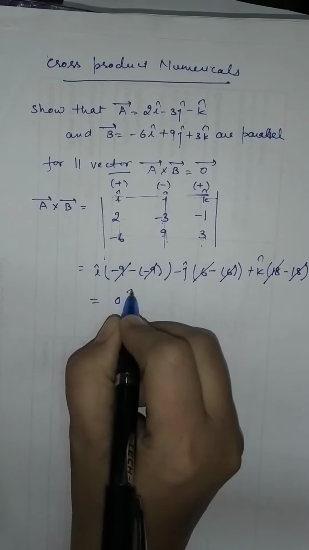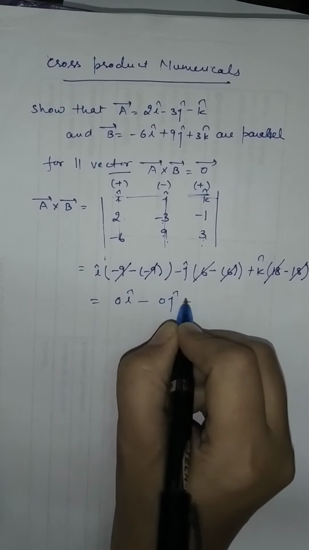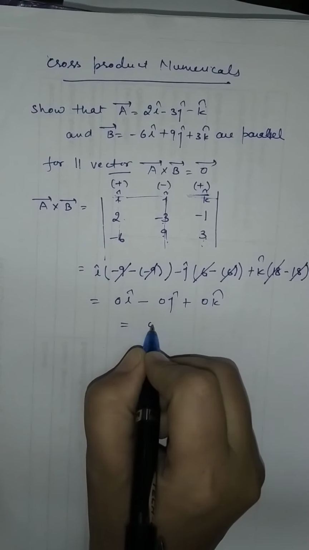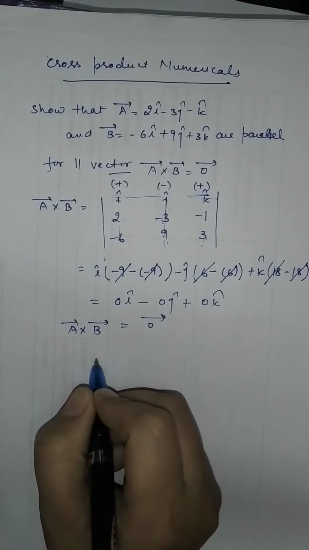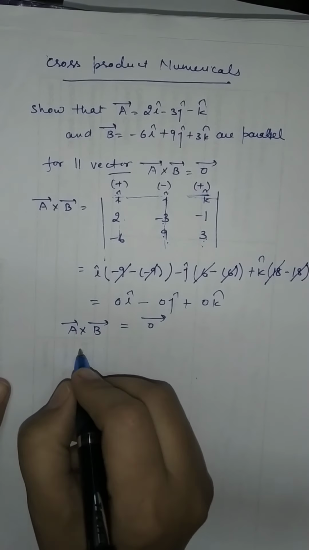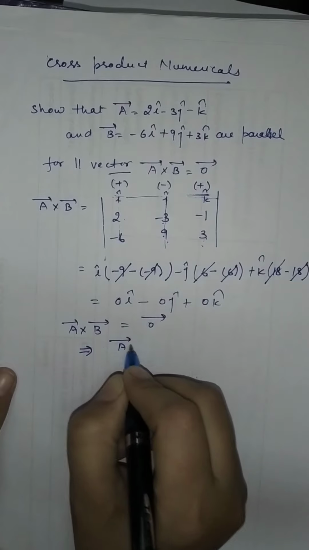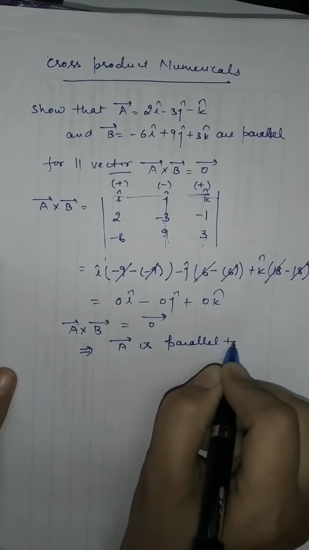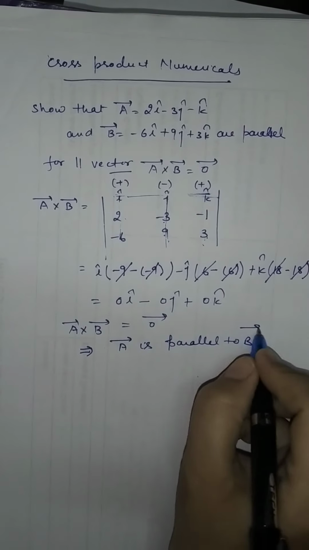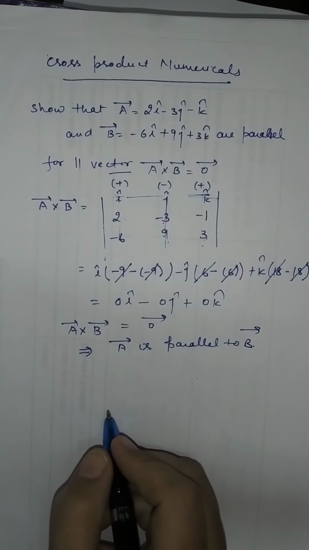So what do you have now? This is 0 i cap minus 0 j cap plus 0 k cap. So what does this show? This is a zero vector. This means a cross b is 0, which implies a is parallel to vector b. Next question,